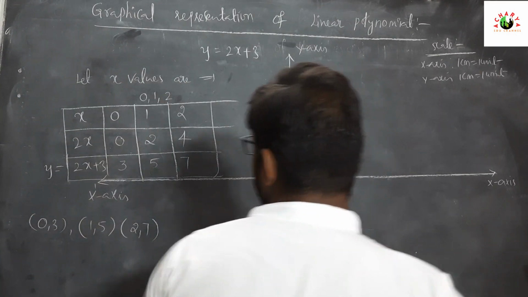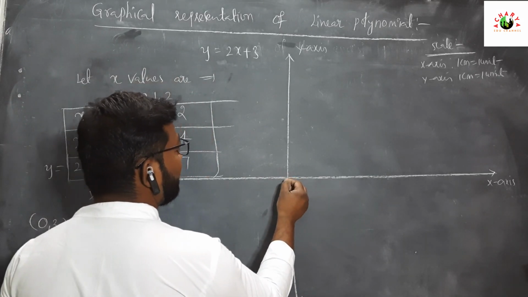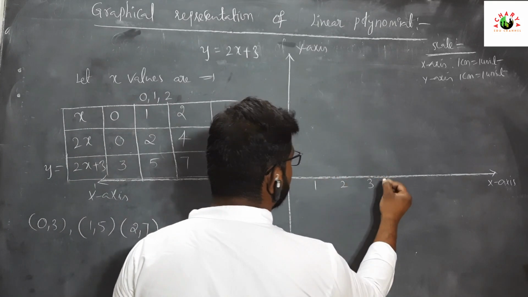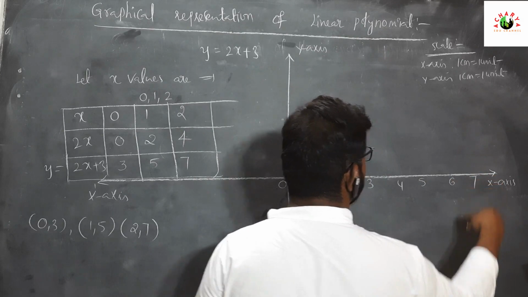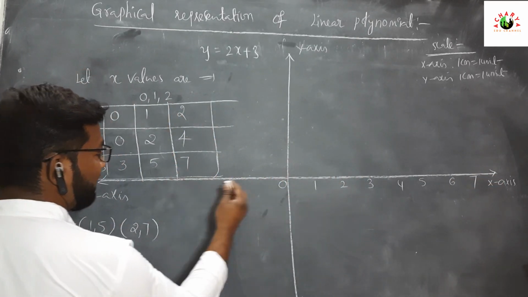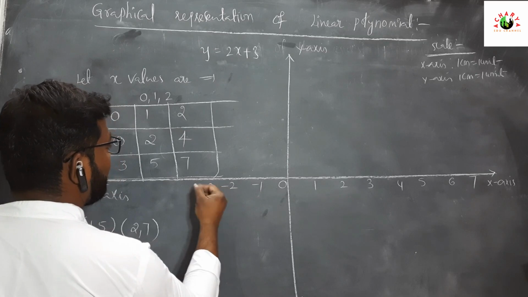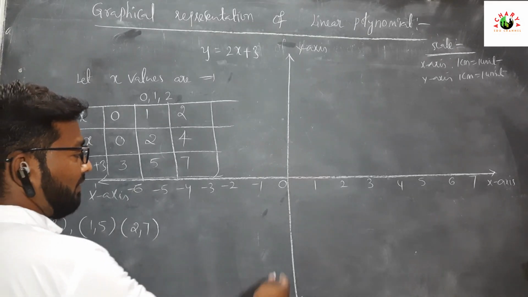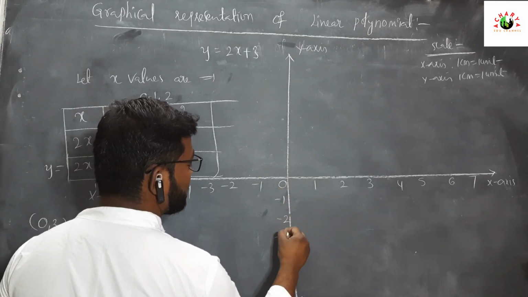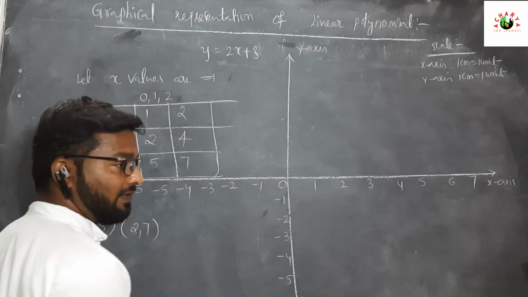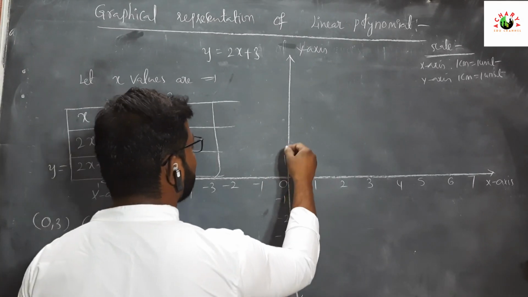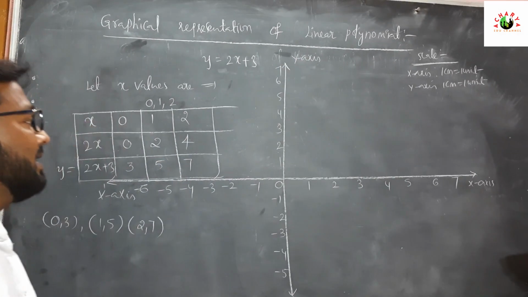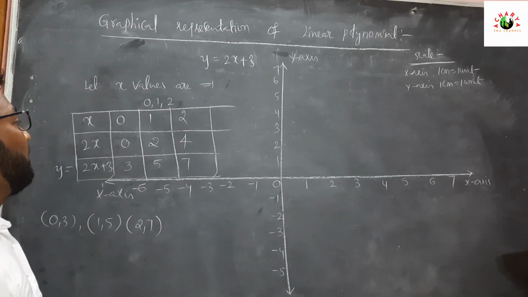Next we have to discuss now. See here in the graph, the middle one is 0. The right side of the 0 are positive values 1, 2, 3, 4, 5, 6, 7. The left side of the graph is -1, -2, -3, -4, -5, -6. Next, the down side of the graph also has minus values -1, -2, -3, -4, -5. Next, the upside of the graph is 1, 2, 3, 4, 5, 6, 7. Now we should plot the points on the graph.